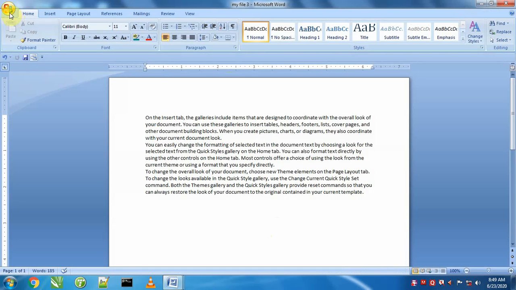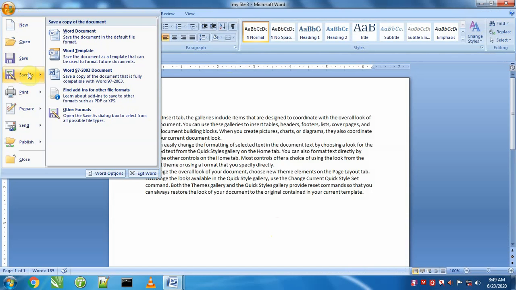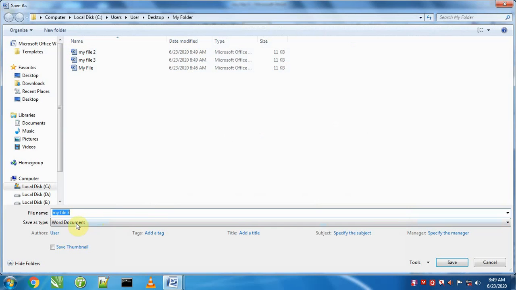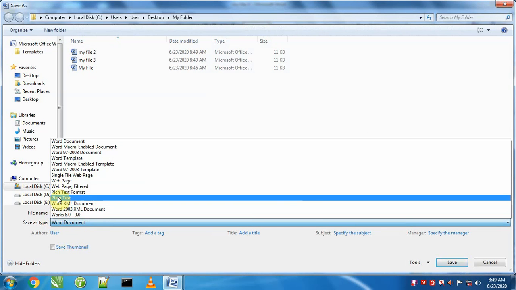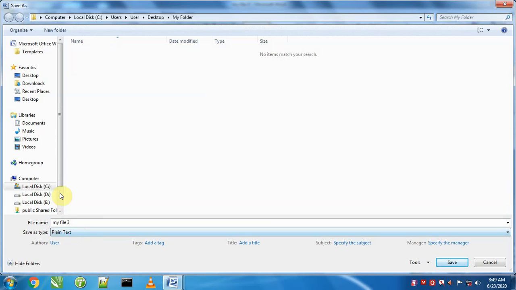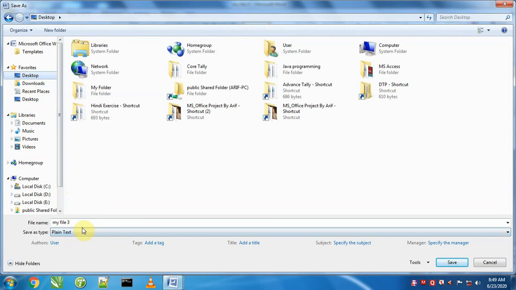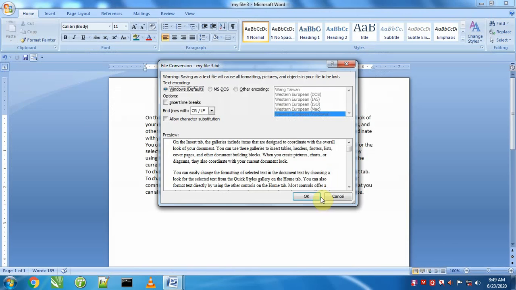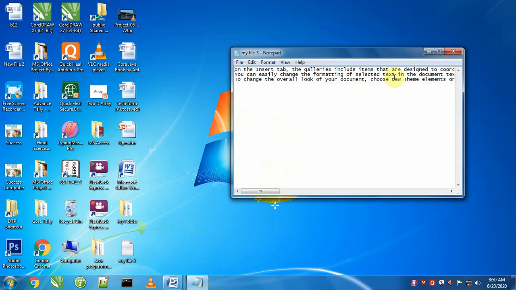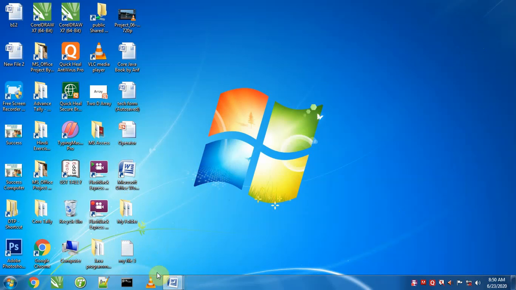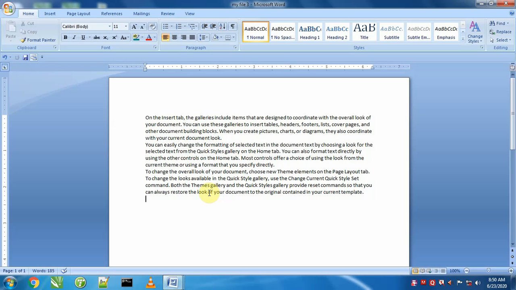One more way to use Save As is with format, meaning we can save our file in an older format. For this we will click on other formats, and from here we will select Save as type. Suppose I select plain text. In case of plain text, suppose I save it on desktop, this file will become a Notepad file. We can look here, as soon as we go to desktop, it is a file, my file 3. All the data is here. So we can save our file in the format of Notepad.